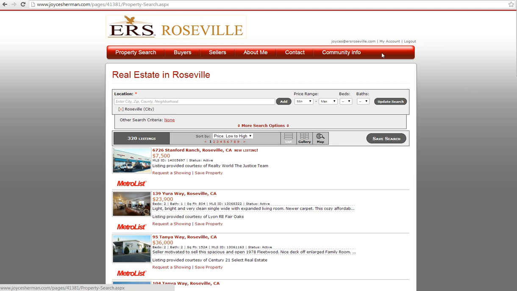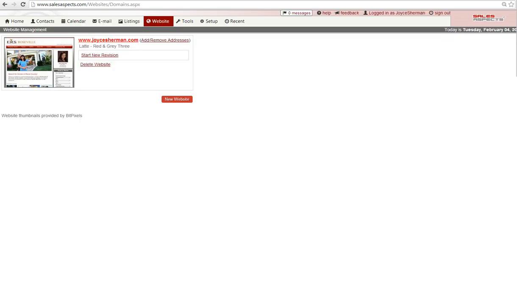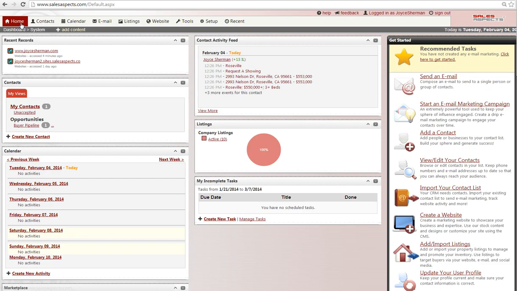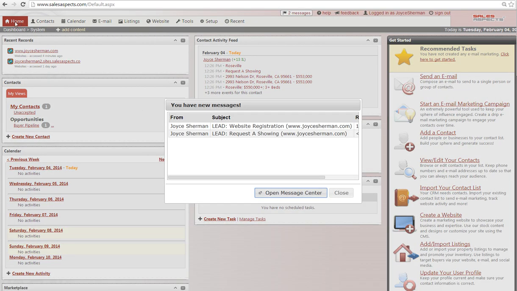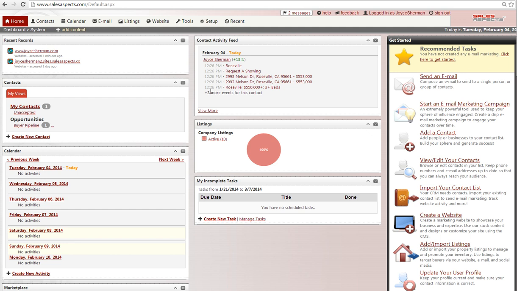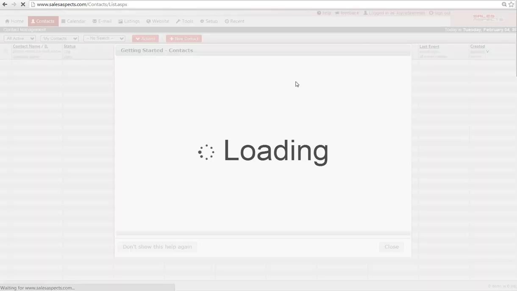Okay. So I want to show you what happens once somebody registers is on Sales Aspects. Now we can see that Joyce registered on the website. Here on the dashboard, we can see Joyce Sherman, all the information that she did, right? What property search she did. She searched in Roseville for 500,000, 3 bedrooms. We see what properties she viewed and saved, and she filled out a request a showing on a specific property, right? So now we can just click on Contacts,